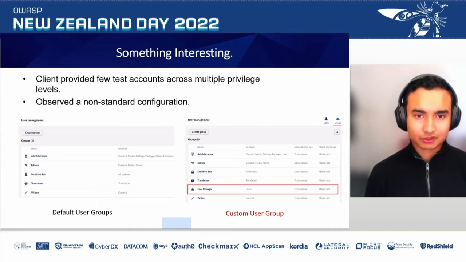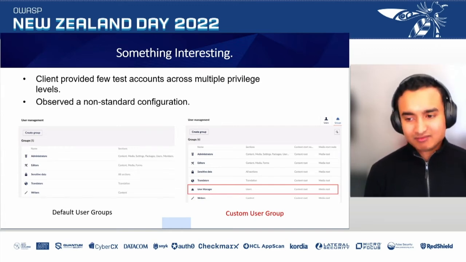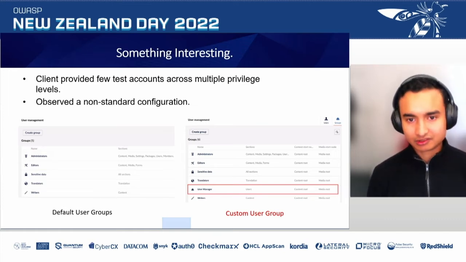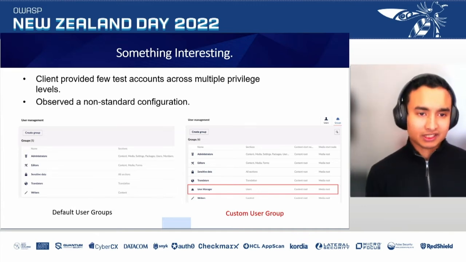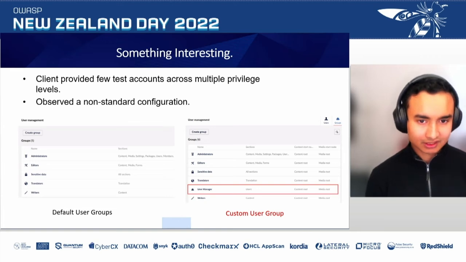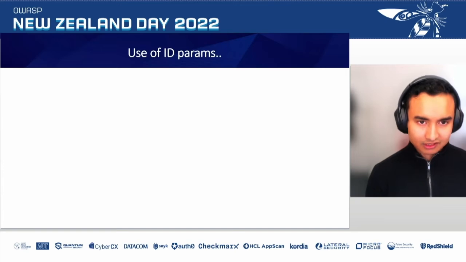As it turned out, you could actually create users. However, this user manager cannot create users with admin privilege. How about you just let the admin handle creation of users? We don't know. Client probably had a different motivation. We wanted to see, okay, so the user manager can create users, but can we create admin users? If we create, we don't actually see it. Let's try to see